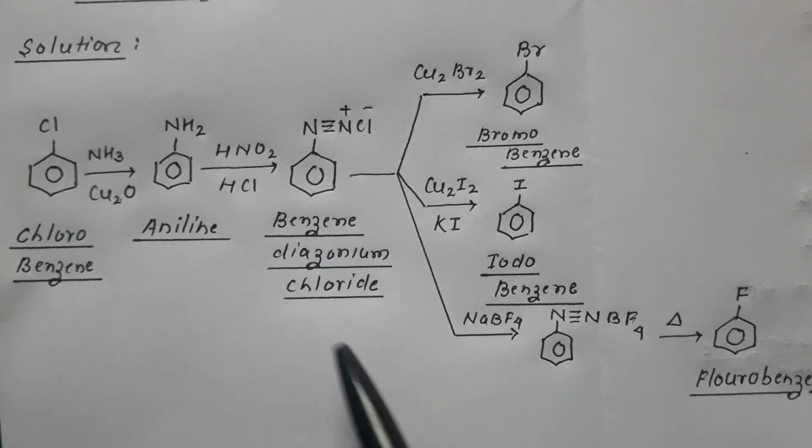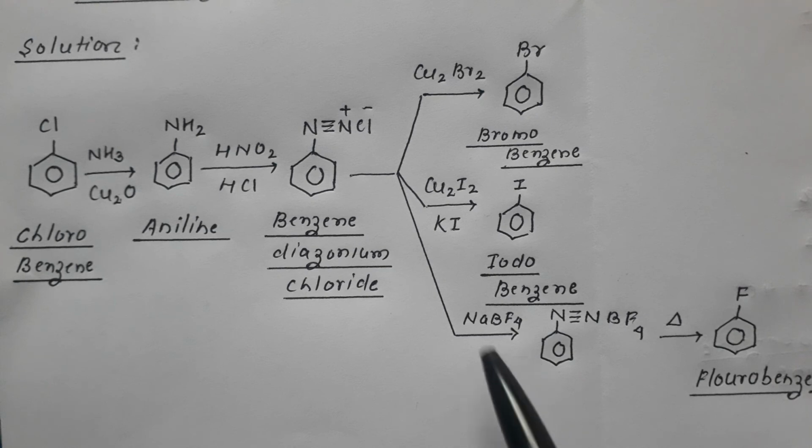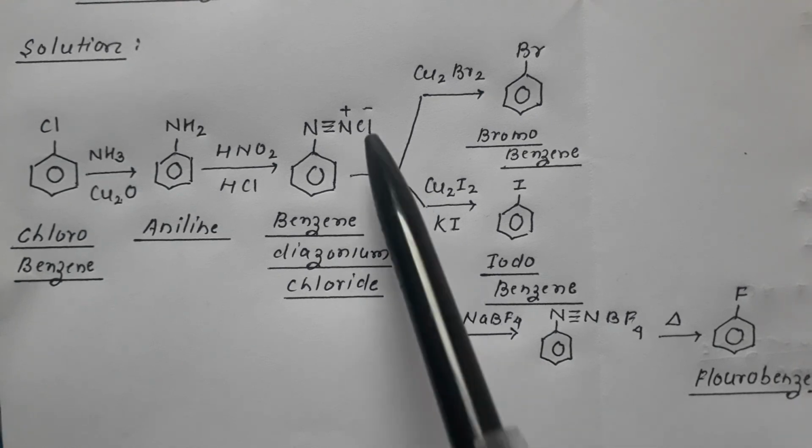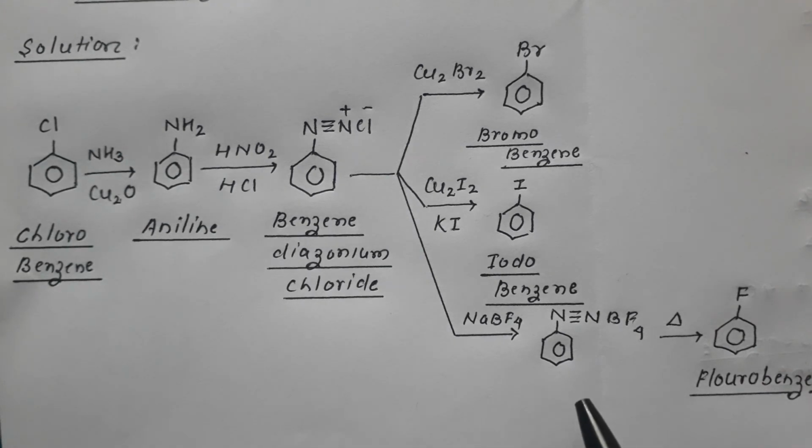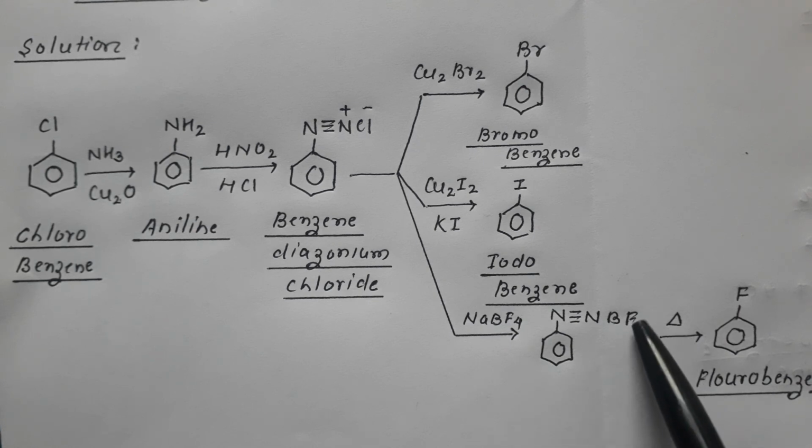Cl from here and Na from here go off in the form of NaCl, and this BF4 comes over here. So it results in formation of benzene diazonium tetrafluoroborate, and when it is strongly heated, this F comes on the ring,